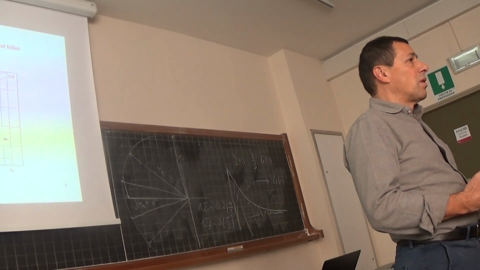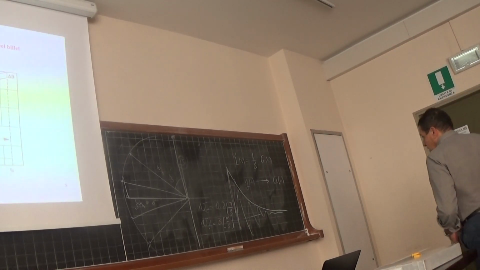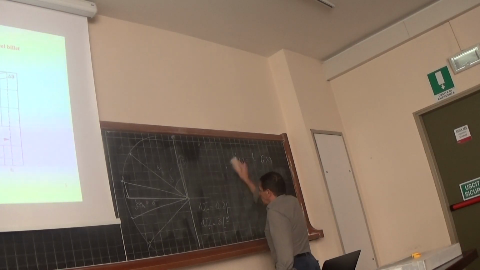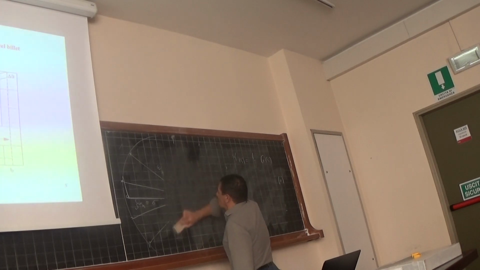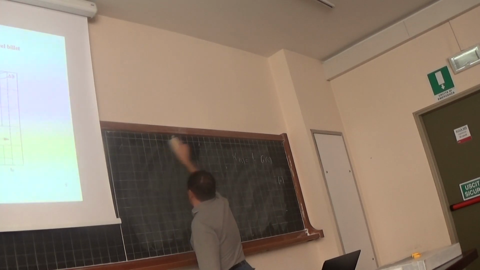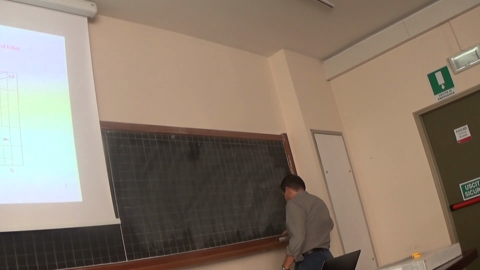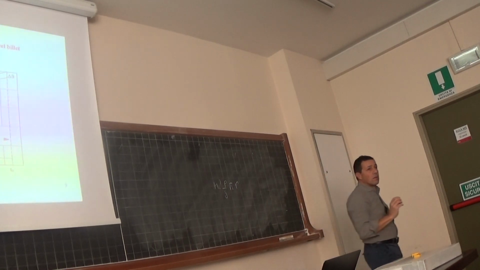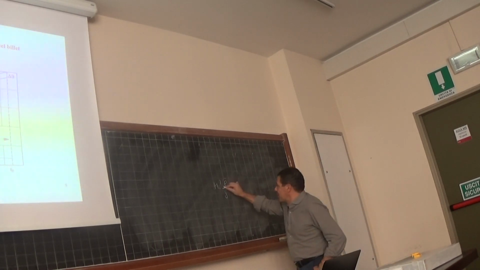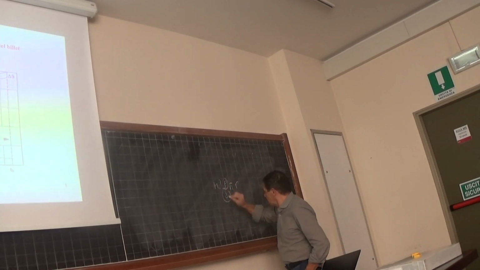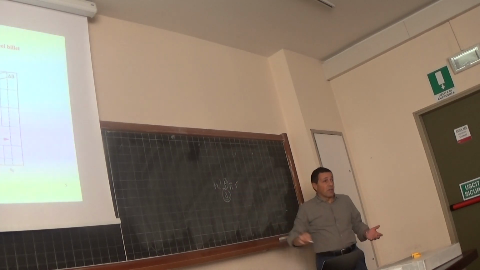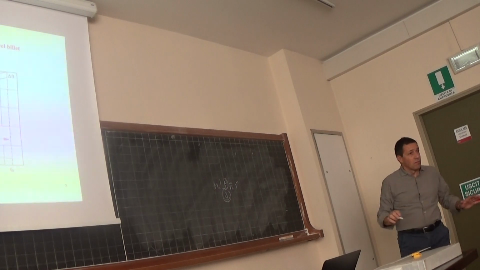If you remember, the surface power that we are able to give to the workpiece is this one. So it depends on this parameter, and this one. And these two parameters are completely different because